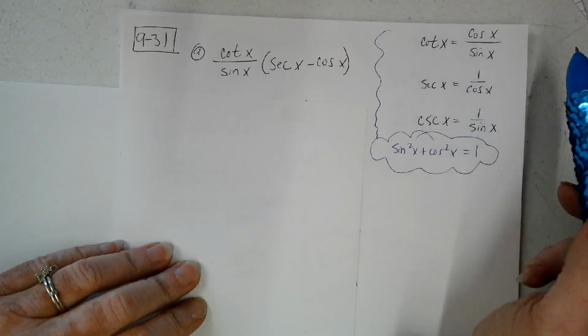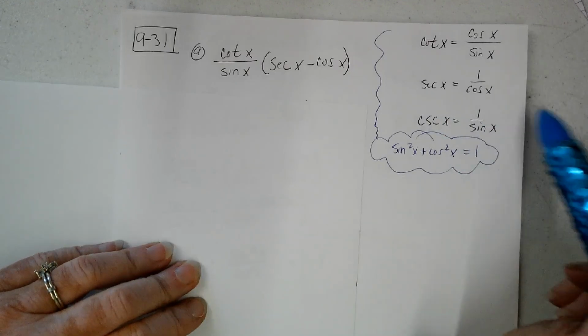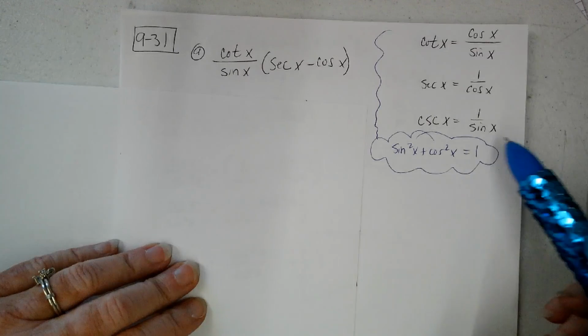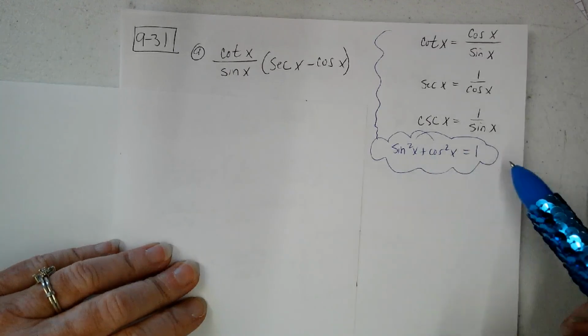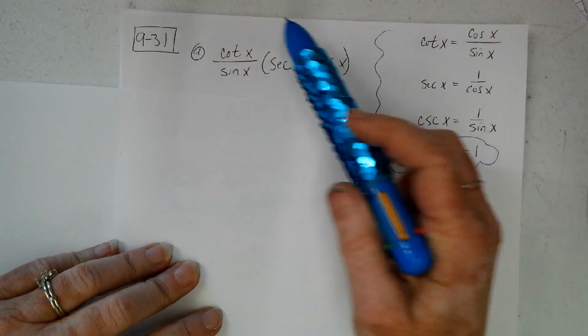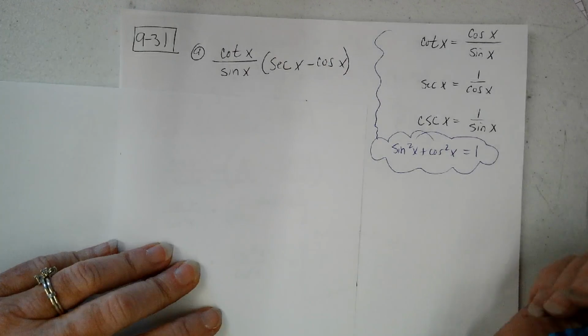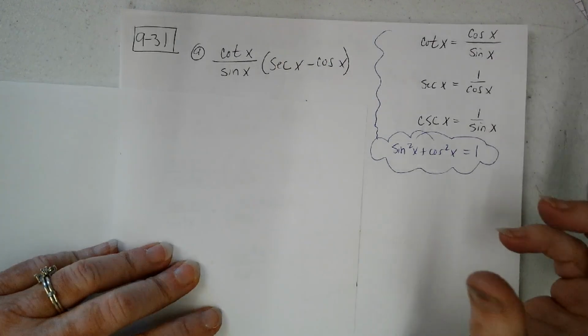I know that cotangent is cosine over sine. I know secant's 1 over cosine. I know cosecant is 1 over sine. I know that sine squared x plus cosine squared x is 1. That's my Pythagorean identity. So I'm going to try to convert everything I see here in terms of sine